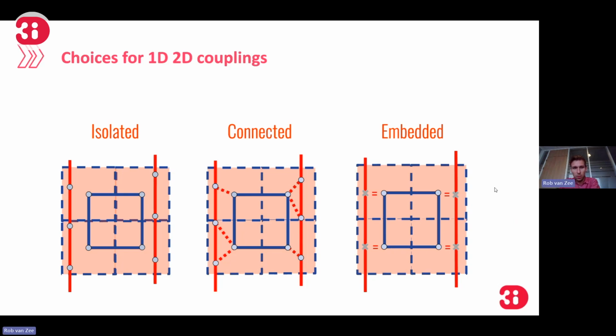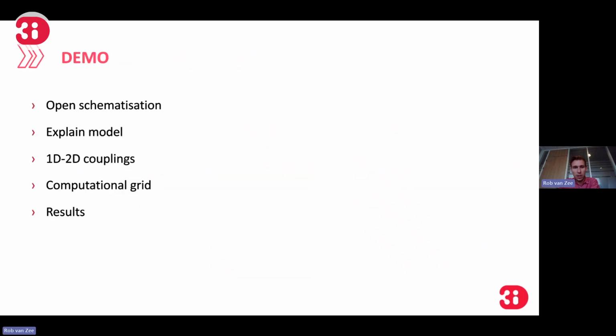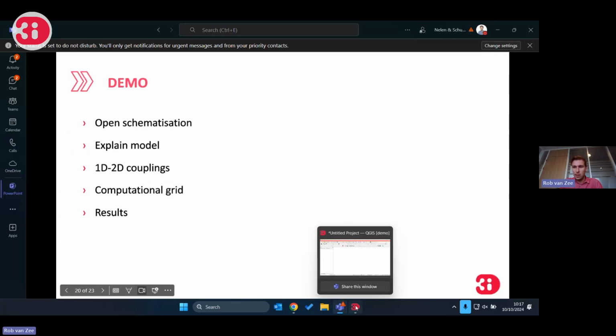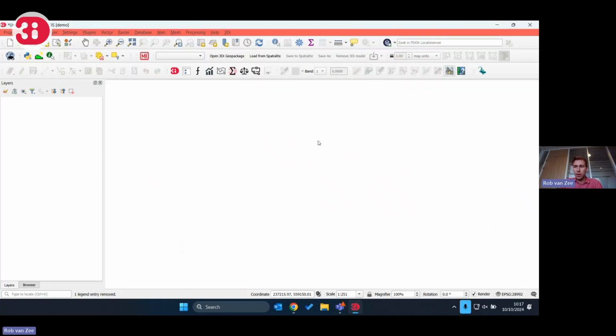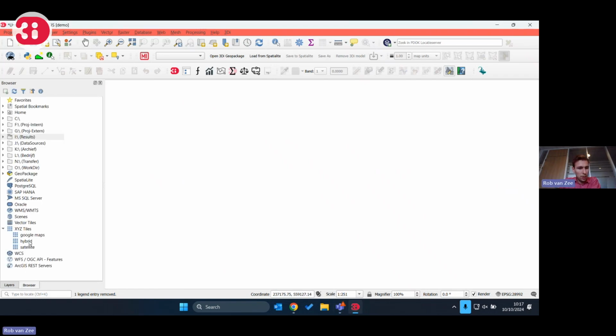So that was the conceptual idea of the 1D, 2D couplings. Now I'm going to do a quick demo about what they are and some more explanation about the settings and stuff. And also I'll show you some results. So therefore we go to 3DI. I already opened the modeler interface. And first of all, I'm going to load in